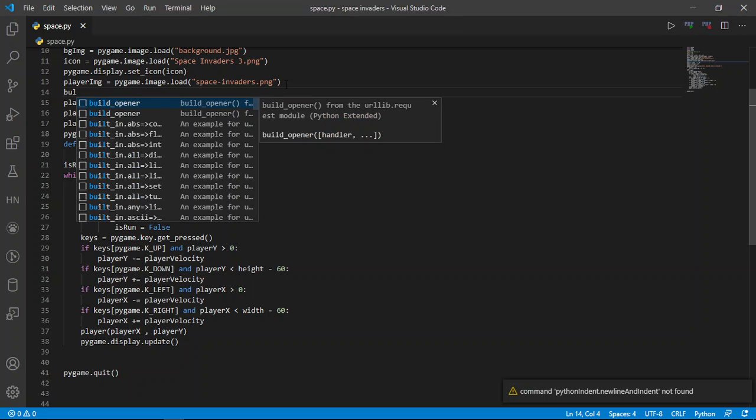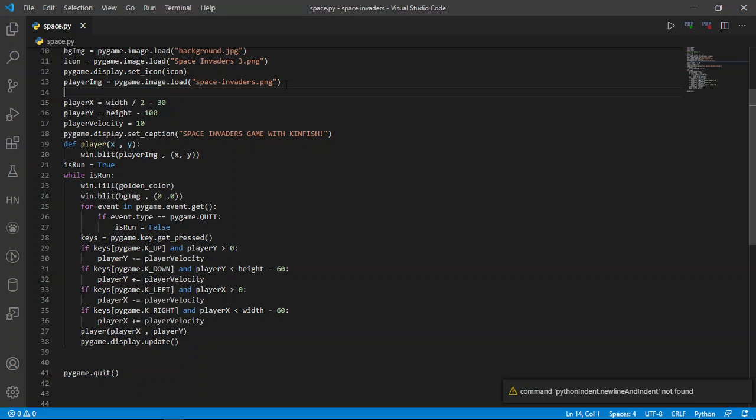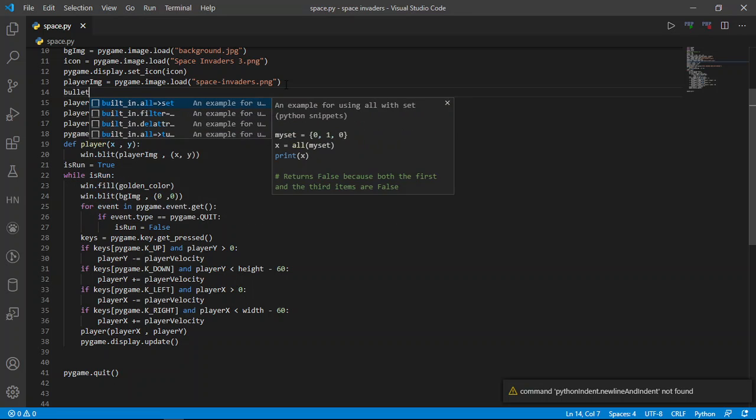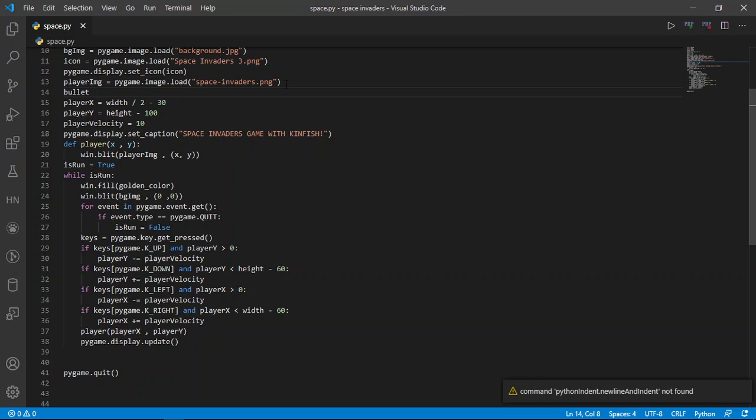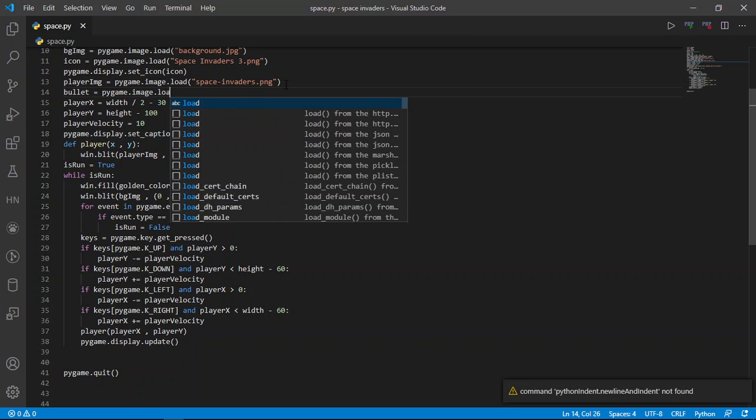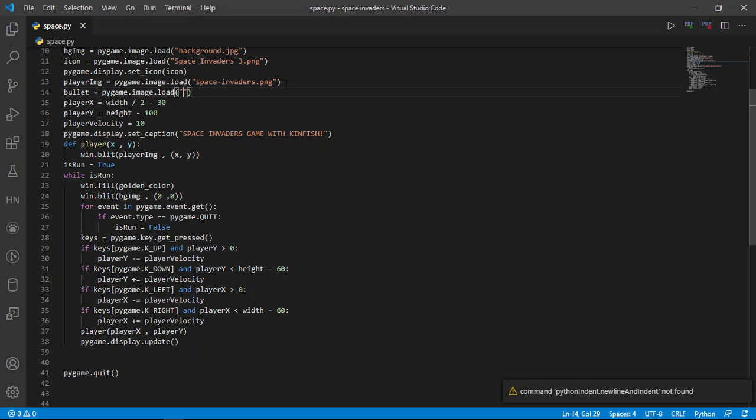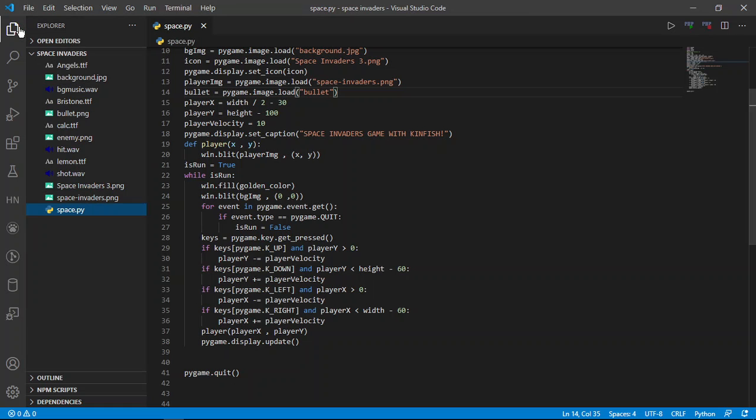Bullet first of all, you can just take the image of enemy and bullet. Bullet መጀመሪያ bullet ላይ ወርክ እንስራ. pygame.image.load, I think bullet ብዬ ነው extract ያመጣሁት